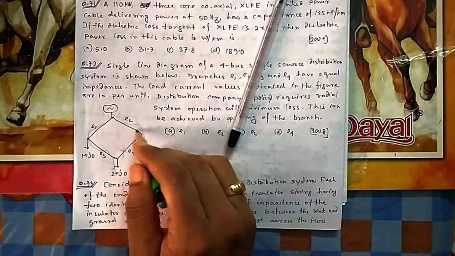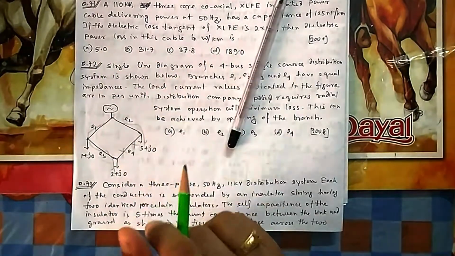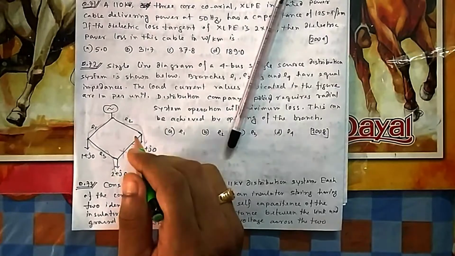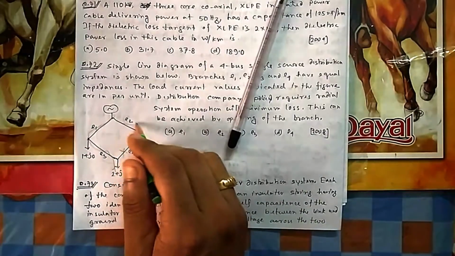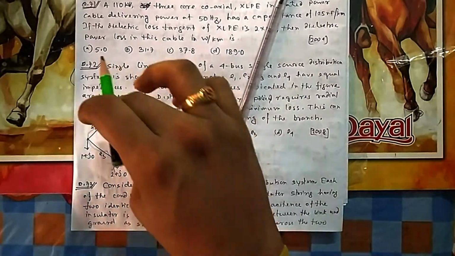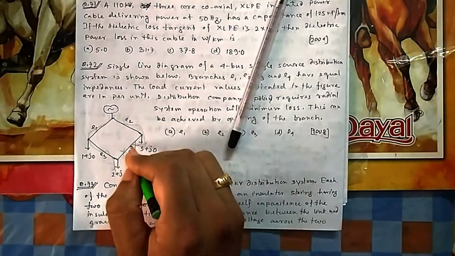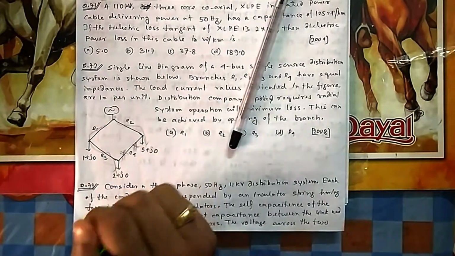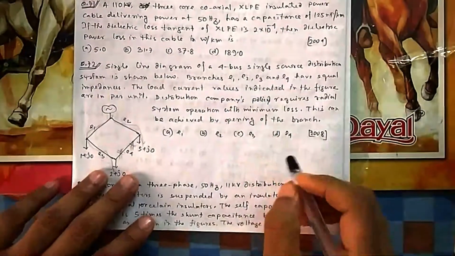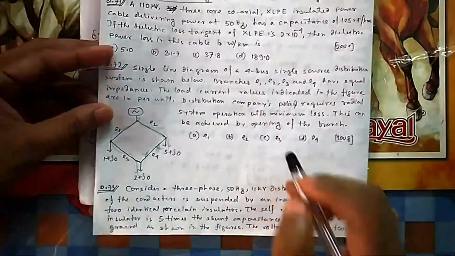So the maximum branch current, that is 5, we want to pass for minimum length. That's why you open this one. Otherwise, if you keep this one and open the other, then 5 plus 2, 7 ampere will flow here, so more losses will be there. So the maximum current should be for minimum length. That's why you open this one, so that it delivers power that side, and the rest you can deliver from here. So that will be your option D, that is E4.